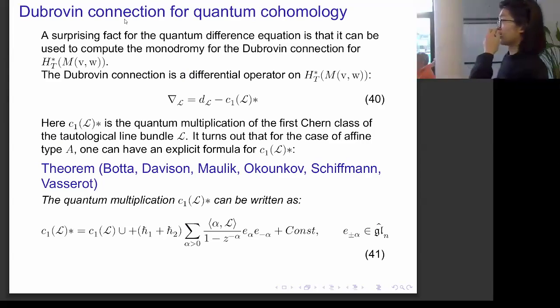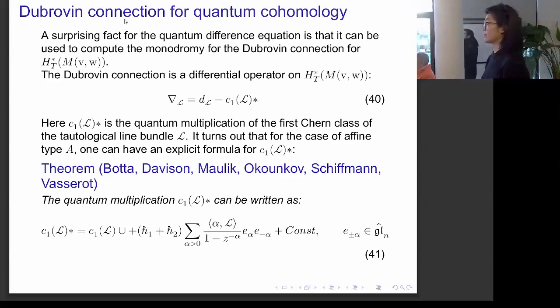And it turns out that in the case of affine type A, we have an explicit formula for this c1(L). So you can see that the formula can be written in the following way. The first term is the classical product, and the second term is a term that has something to do with the trigonometric Casimir connection. So this E_alpha and this E_minus_alpha, they are the root vectors inside of the affine gl_N Lie algebra. The formula for this was proved by Maulik and Okounkov,